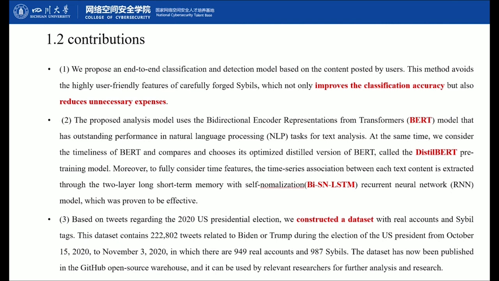Last but not least, based on the tweets regarding the 2020 US presidential election, we construct the dataset with real accounts and Sybil text.